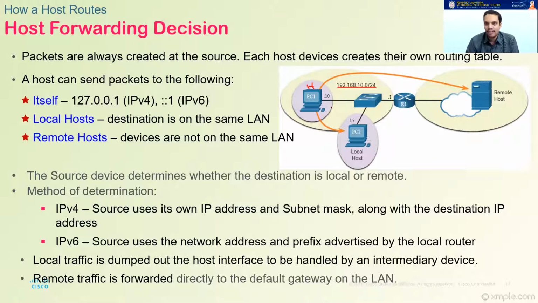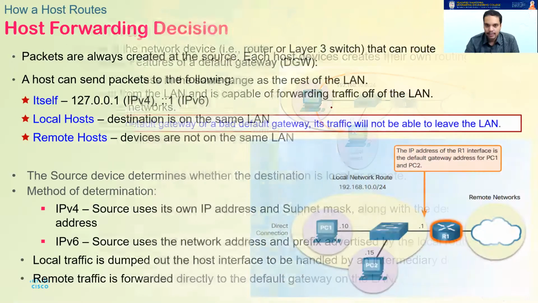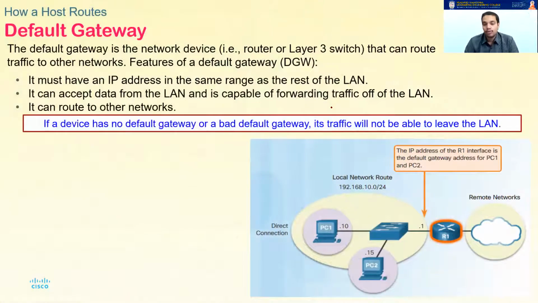So what is this default gateway and why do we need it? Please remember that the default gateway is one of the most important concepts in networking. Without a default gateway, you will not be able to send packets to outside networks. What is a default gateway? It is a network device. It can be a router, or it can also be a layer 3 switch, not a layer 2 switch. We'll study layer 3 switches in CCNA 2. We call it an MLS, multi-layer switch, which can work in both layer 2 and layer 3.